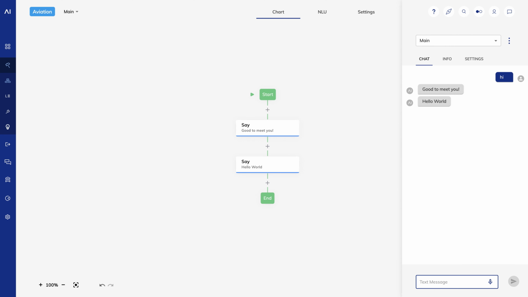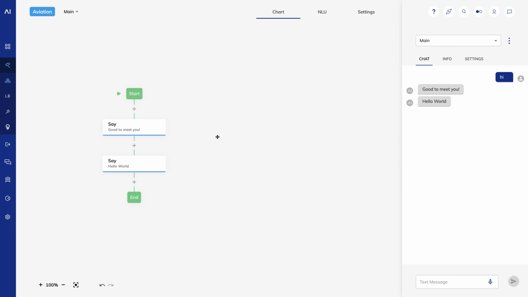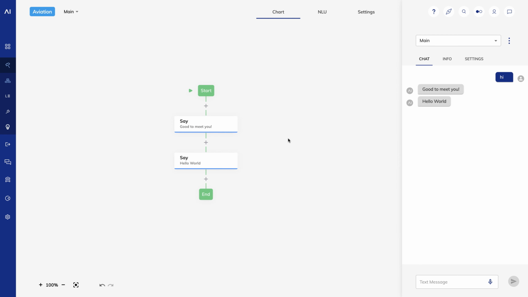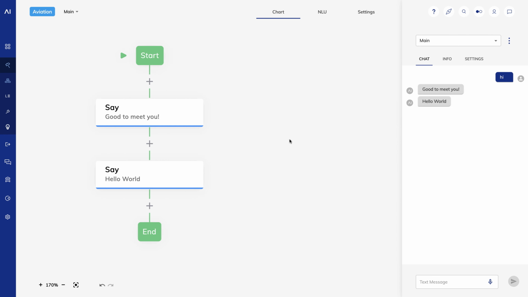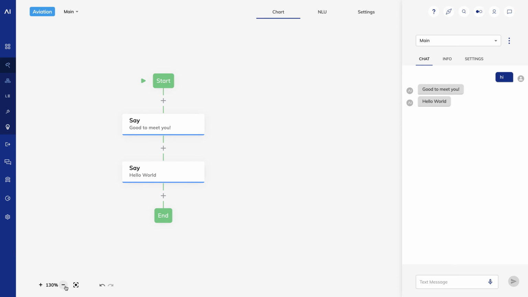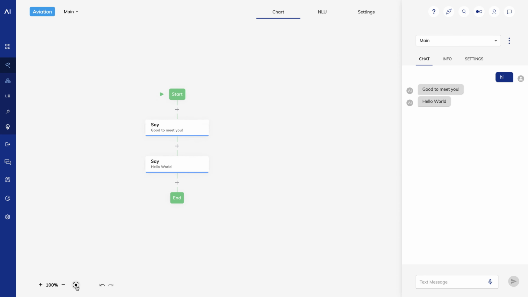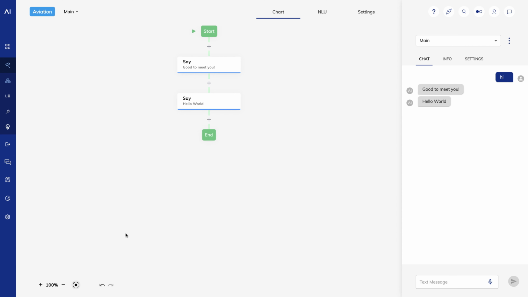As your flowchart gets bigger, you'll need to navigate around the screen, and Cognigy makes it easy to find your way around. You can click and drag to move the flowchart, or you can just scroll up and down or left and right using your trackpad. You can zoom in and out using pinch and zoom. Or you can just use the zoom controls at the bottom of the screen to zoom in, out, and to recenter. You can also copy and paste nodes by using right-click, control-click, or command-click. I can copy a node and then paste on one of the plus signs, and I can delete it as well.